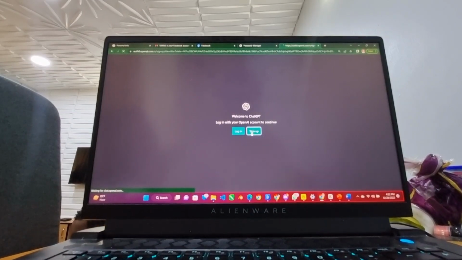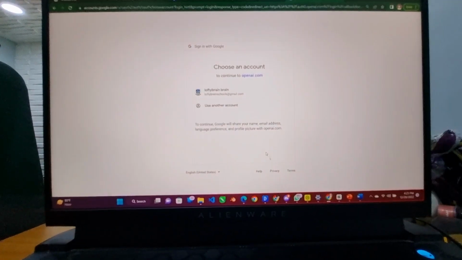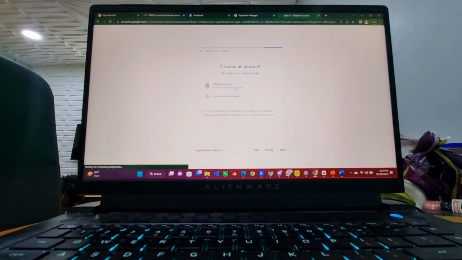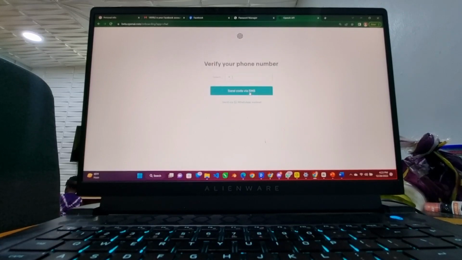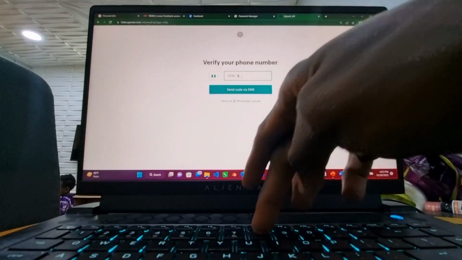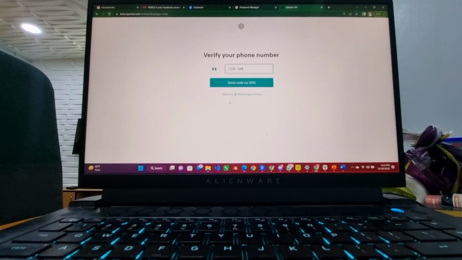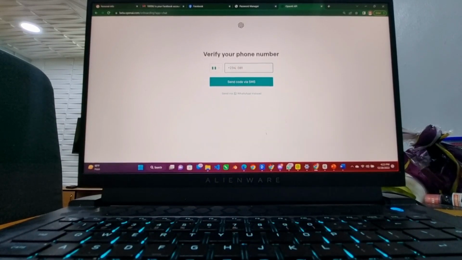anybody. So sign up. When you sign up, they will ask you for verification of email. Then after dropping your email, the next thing you are going to do is to move to the next stage, which is the phone number verification. So when you do the phone number verification, a code is going to be sent to your phone. So kindly please input the code just like our normal verification. Then after the verification, boom, we move to the next stage, which is for us to start up the work